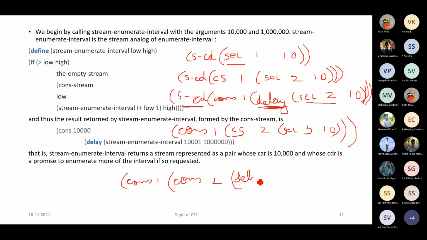So delay of stream-enumerate-interval 3 and 10. This is how it will be. Now to release this delay, we don't have any cdr procedure, so it will wait until stream-cdr is called once again.